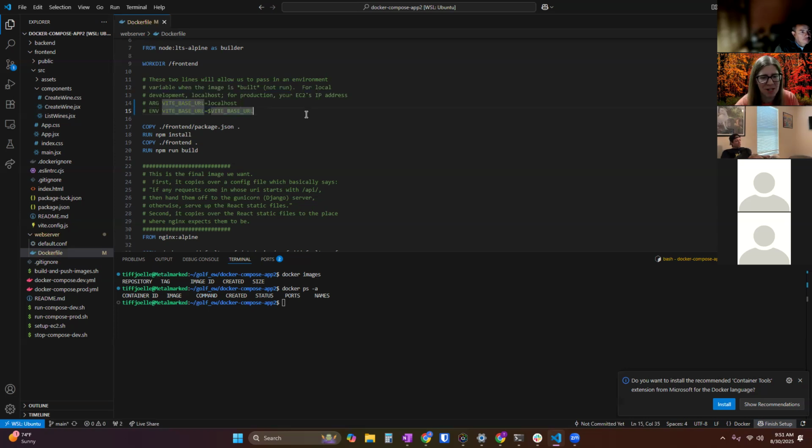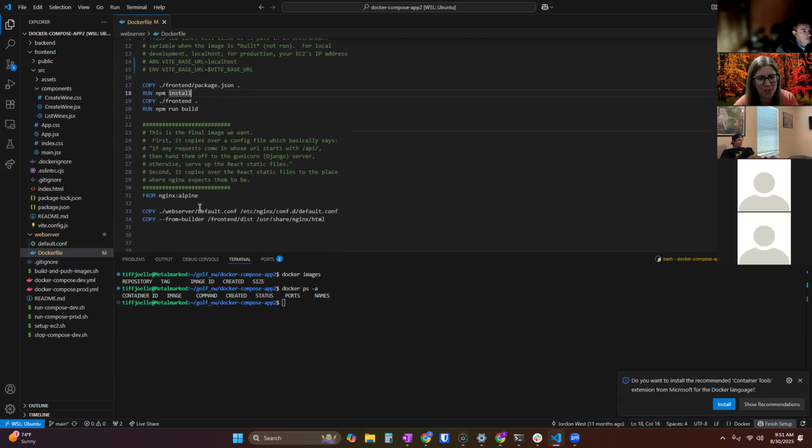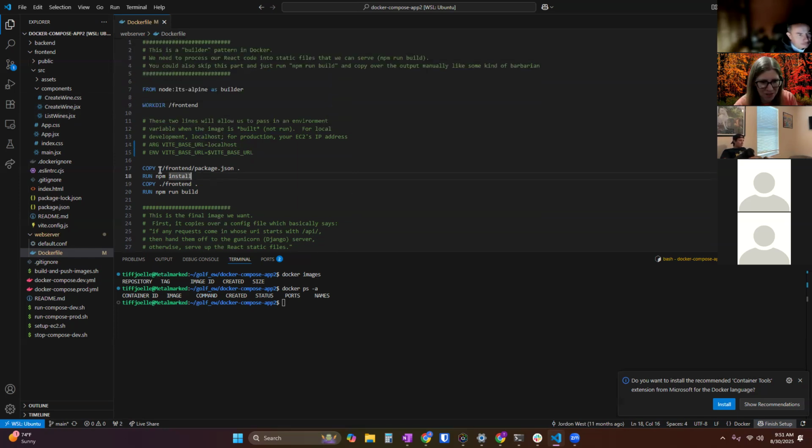So right now, let's pretend you have it hard-coded. Don't even worry about this, because all you want to do is build that dist folder, right? To get those 3 static files from your React app and then put it in your web server image. So we can just target this front end